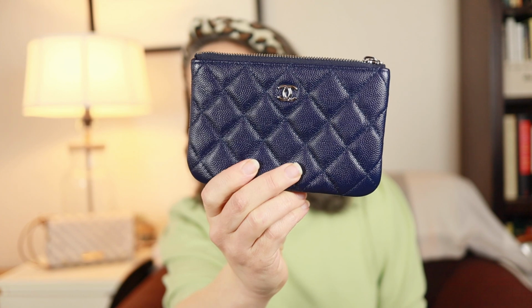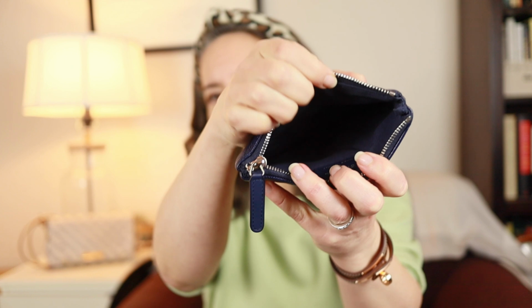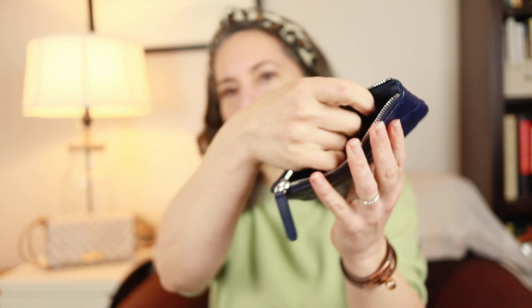This is in the navy blue caviar leather with the quilted diamond pattern. It has silver hardware. It has the blue matching fabric interior, and I believe it is from 2018. So it's in excellent, like new condition when I got it, and I've really enjoyed using it. It is 6 inches across and 4 inches tall. To me, that's the perfect size to be used for papers and cards, and there are other uses for it too that I will talk about shortly. First of all,